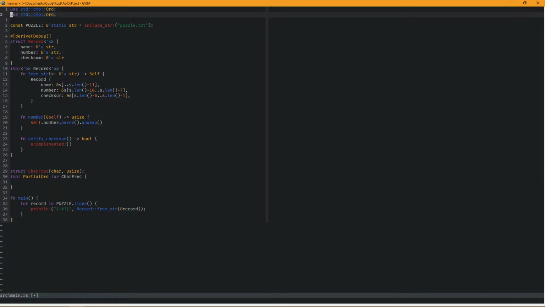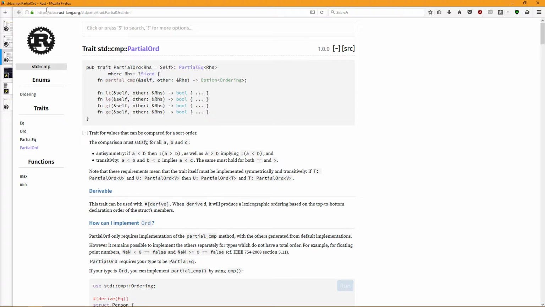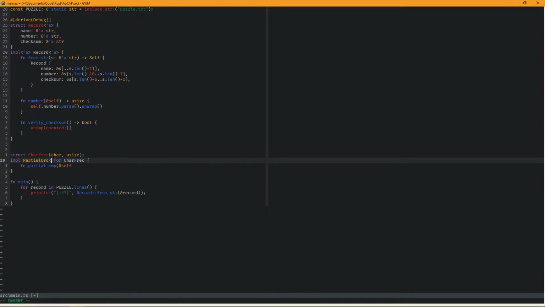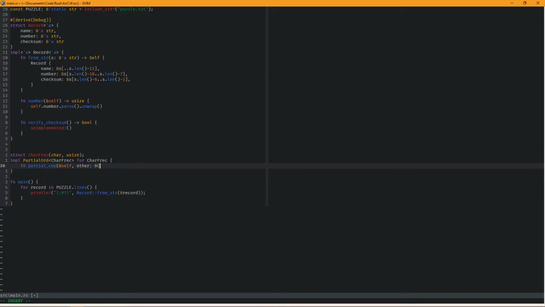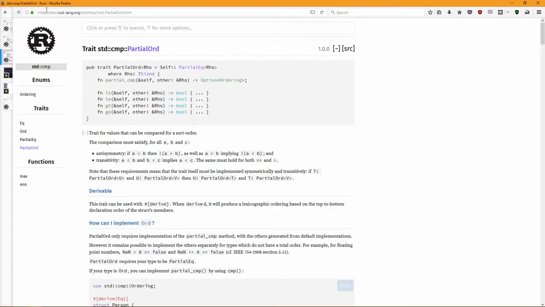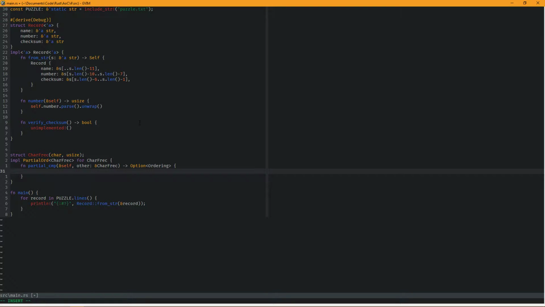Implement PartialOrd for CharFrac. Okay, and it is just fn partial_cmp(&self, other: &CharFrac) for CharFrac. And that returns Option<Ordering>. Okay. And then what is Ordering? Less, equal, or greater. Okay, so first of all, strictly by number, we say if